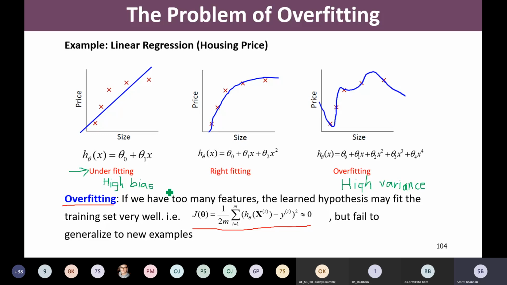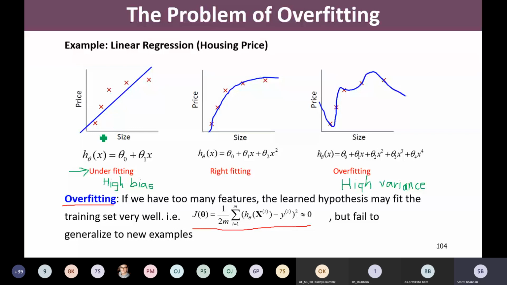Let us see here. We have a training data set, and all those data samples are shown over here. We have one feature, that is size, and we are predicting the price. So size is our independent variable and price is our dependent variable. Simply, we are making use of a linear hypothesis to fit the data. So we have selected the hypothesis h theta x equal to theta 0 plus theta 1 x, and we have this line as our hypothesis.